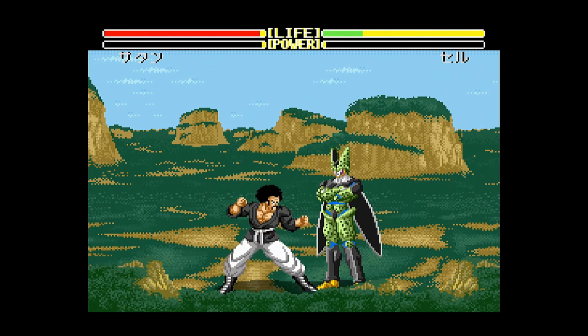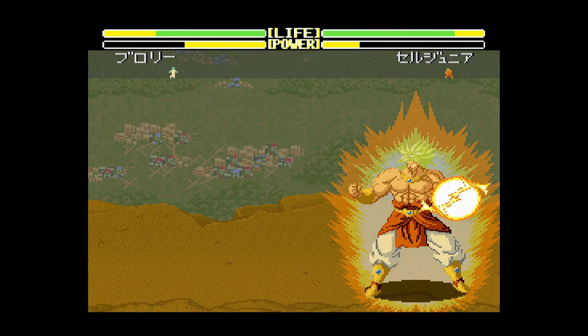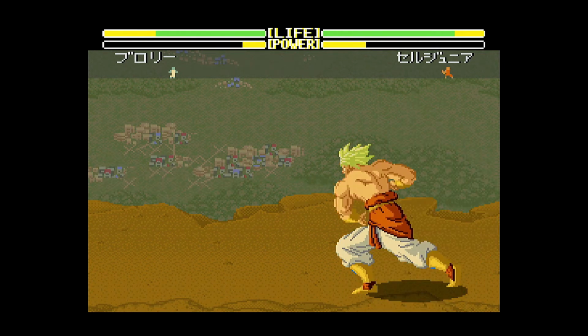However, minor quibbles aside, this is easily my favorite of the Super Famicom Dragon Ball games. If you've got a working Super Nintendo that can play import games and you only import one of them, go with this one. The second game on this list we're going to be taking a look at is Dragon Ball